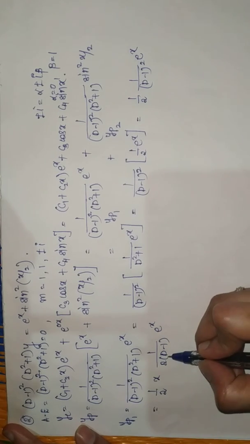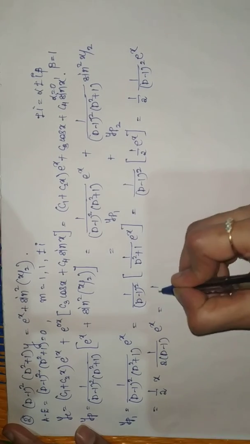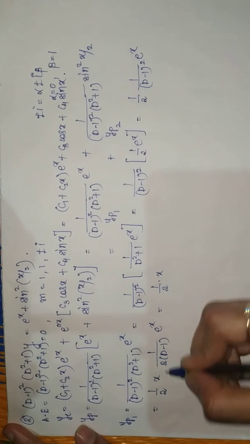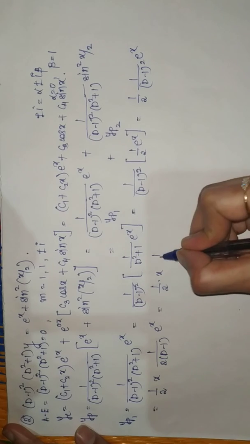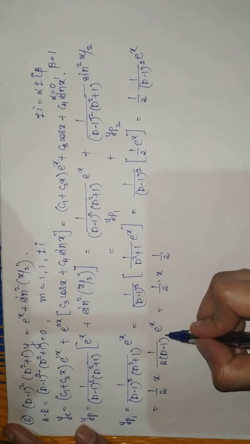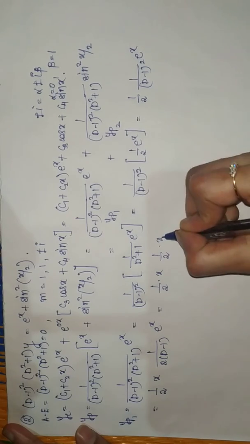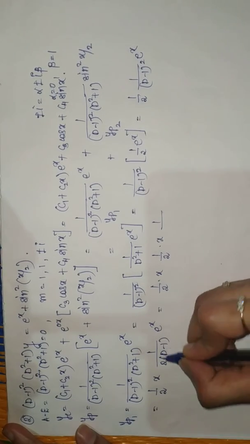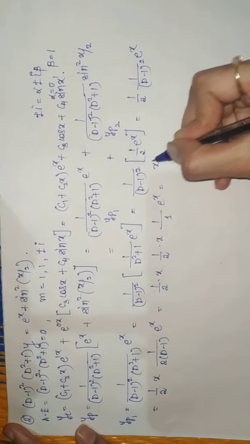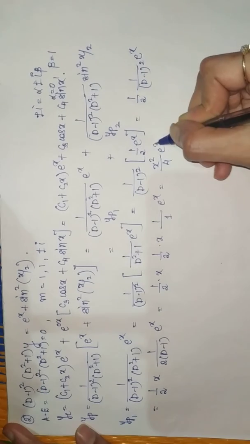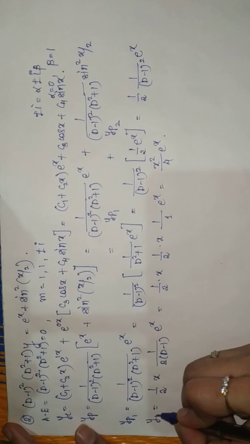Now use the rule, replace d as a, but again it gives me 0. So what we'll do, half into x. It is outside the operator, so we are not going to deal with this. One more half is there, so take that outside. Now if I want to find this, we have to multiply by x and take the derivative of this, which is 1 over e to the power x. So we will get x square by 4 e to the power x, which is our required yp1.